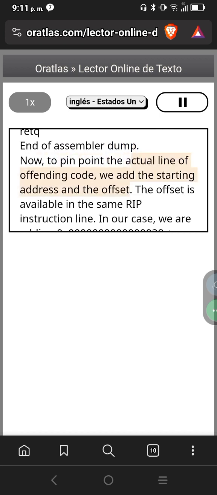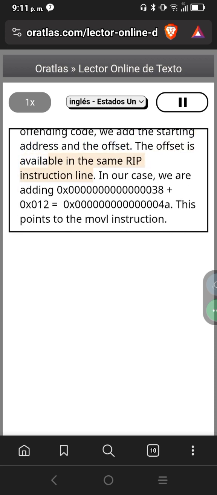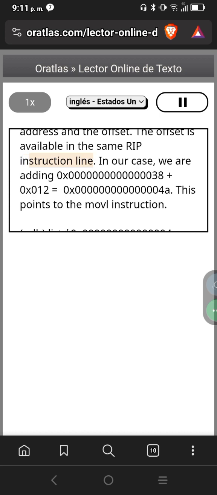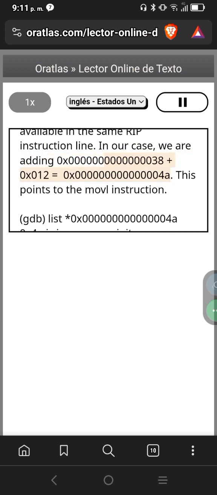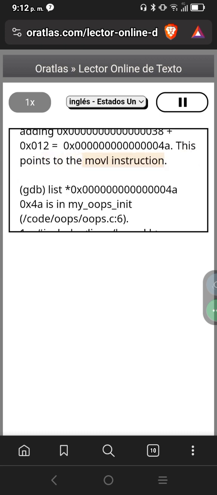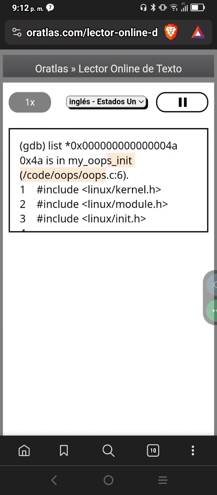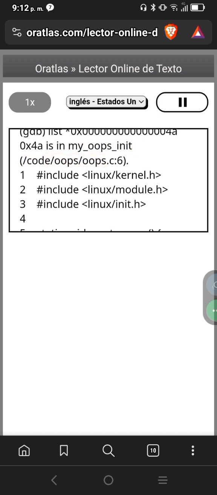Now, to pinpoint the actual line of offending code, we add the starting address and the offset. The offset is available in the same RIP instruction line. In our case, we are adding 0x0000000000000038 plus 0x12 equals 0x000000000000004a. This points to the movl instruction. (gdb) list *0x000000000000004a. 0x4a is in my_oops_init (oops.c: